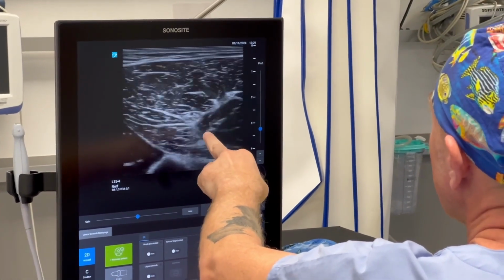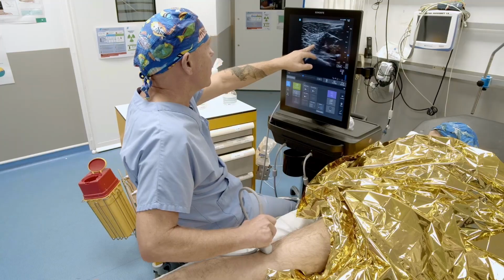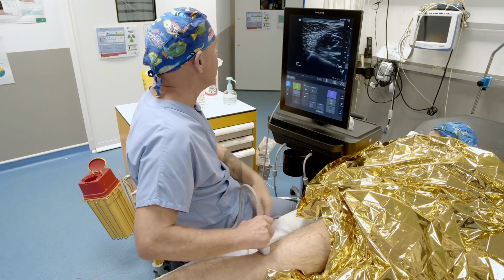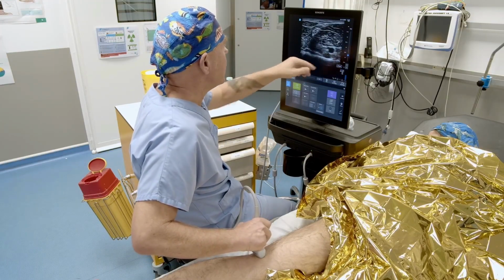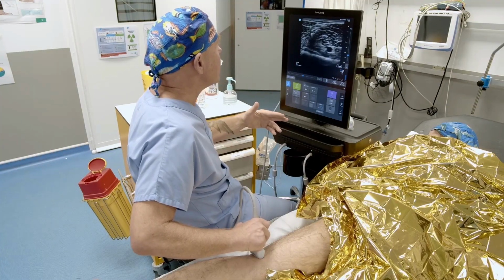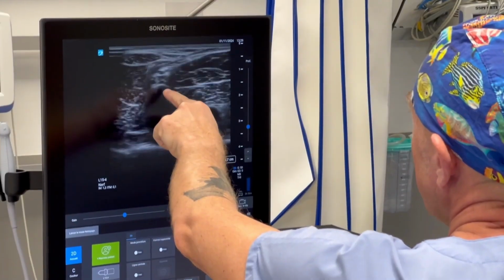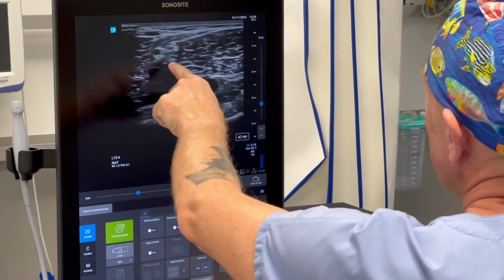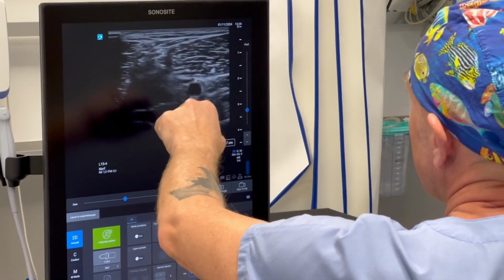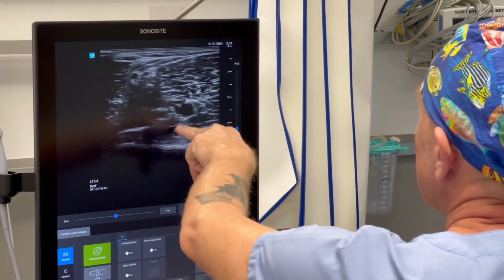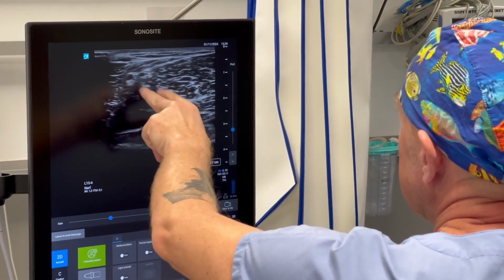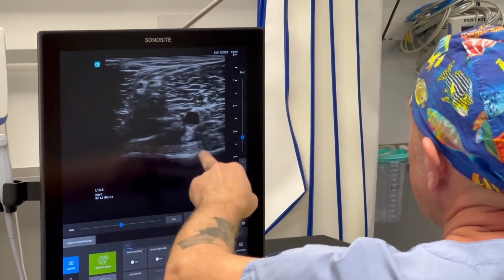And here we're going to follow the sciatic nerve along its path between the buttock and then the popliteal fossa. And so here you can see its appearance. You notice that it starts to split. So we find the somewhat traditional aspect of approaching the sciatic nerve via the popliteal route. So you see that here at this level you have the sciatic nerve dividing into 2, the artery and then